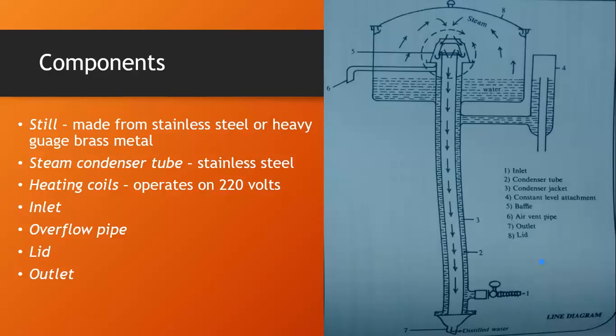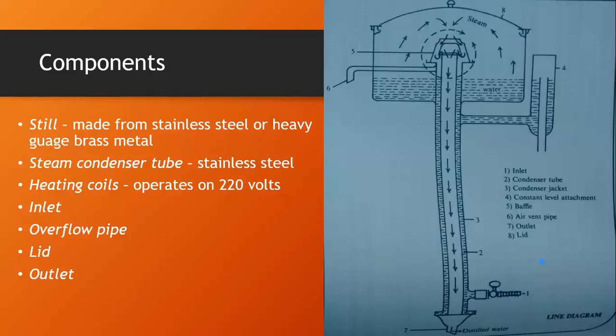Heating coils are responsible for generation of the heat and evaporation of water. There is an inlet valve for the water to come inside the distillation apparatus. The inlet valve will be connected to the tap, from where the tap water will enter the still. Then there is an overflow pipe. Whenever there is an overflow, meaning increased water has entered the still, there is a medium which will remove these overflowing liquids. The extra liquid will be removed through the overflow pipe.